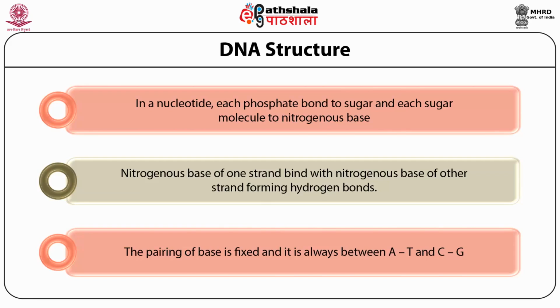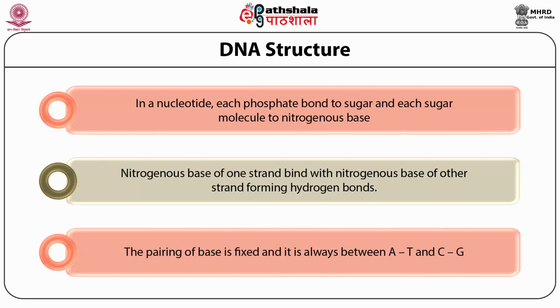Purines are larger molecules than the pyrimidines and therefore this combination is necessary to maintain a constant distance between the two strands. For example, if the strand of DNA has a sequence of nucleotides A, T, T, C, G, C, A, A, G, C, the corresponding strand will have the sequence T, A, A, G, C, G, T, T, C, G. So, if we consider the analogy of a ladder, the sides of the ladder are represented by the chain of sugar and phosphate. Rungs are represented by the nitrogenous bases and the bonds forming between them.